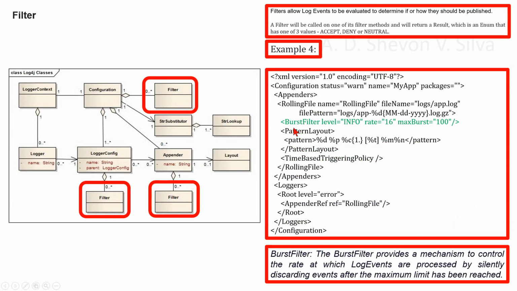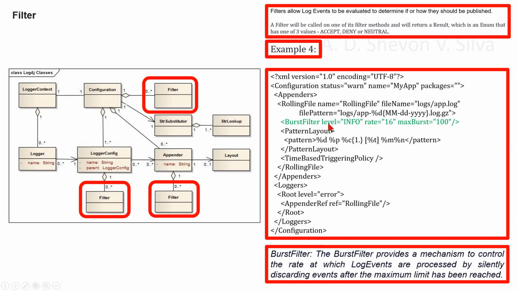The burst filter. The burst filter provides a mechanism to control the rate at which the log events are processed by silently discarding events after the maximum limit has been reached. The configuration containing the burst filter might look like this,